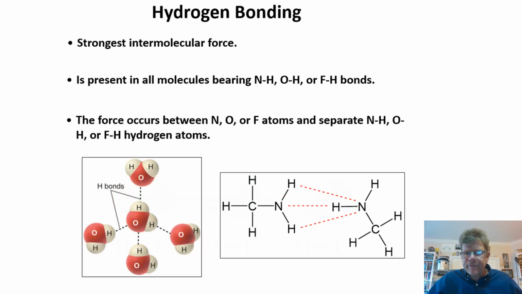Some examples. If we look over on the left-hand side, water. Water is essentially one big walking hydrogen bond. It really is, because all it is made of is OH bonds. In this case, with our water, we have our hydrogen bonds shown here between, say, the oxygen on one molecule and a hydrogen on another. Hydrogen on one molecule and an oxygen on the other. So we can set up a real network of these OH hydrogen bonds between molecules, and that's ultimately what gives water, for its